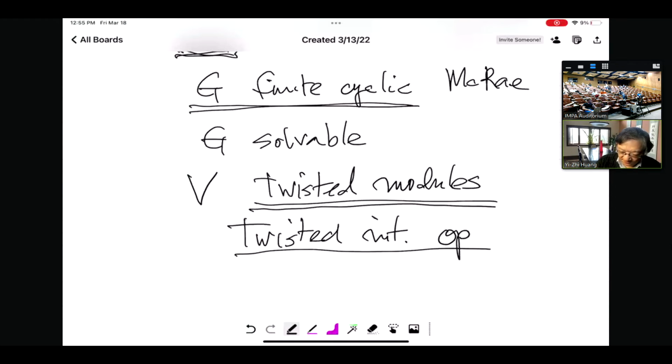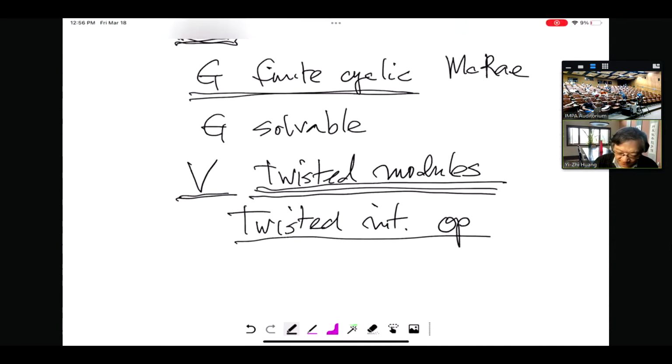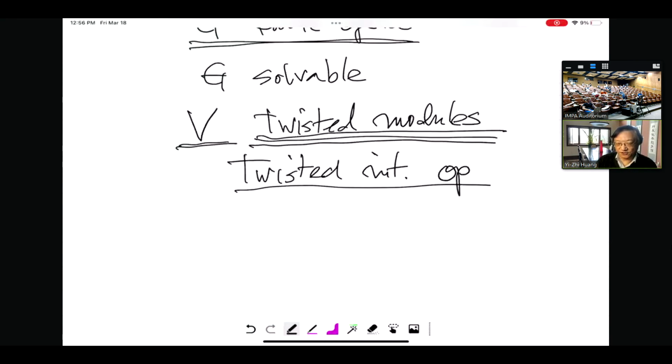this looks relatively easier is that we still work with V, not with V^G. V^G is difficult, so we do not know how to go to the subalgebra. But this still works with V, but it's more complicated. Before we always worked with modules. Now we work with twisted modules. So twisted modules are certainly more complicated, but at least they are analogous to modules. So we can immediately have all these conjectures, which are in parallel with the results we obtained.